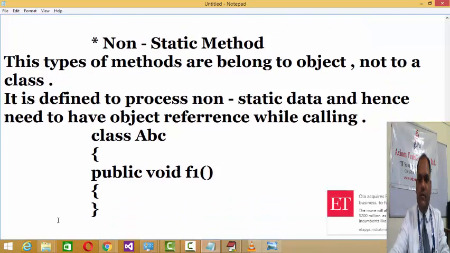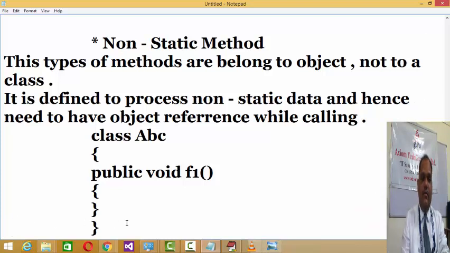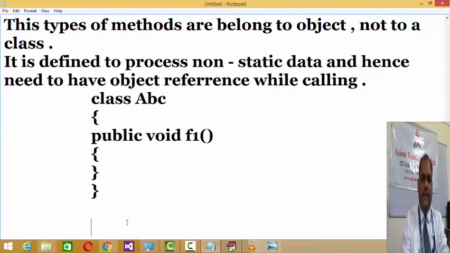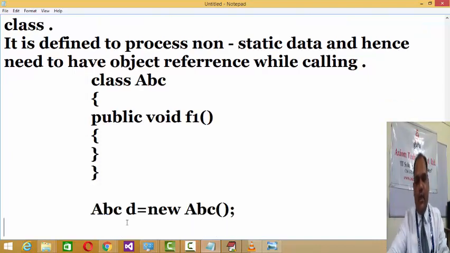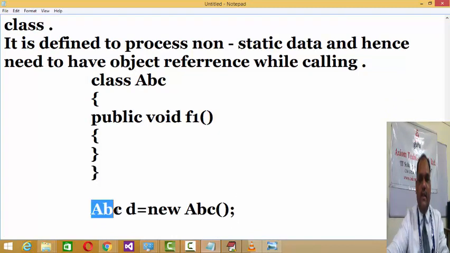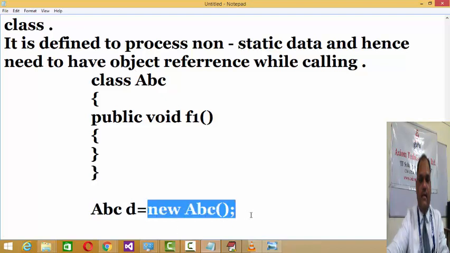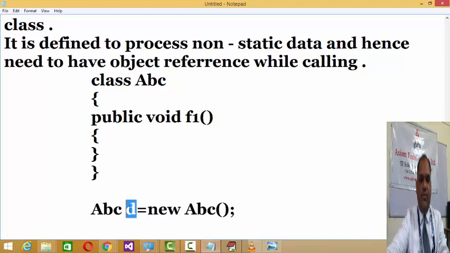Now if you want to call this method, then you need to create the object, ABC d = new ABC. Yesterday, in the last session, we discussed how we can create the instance, ABC d = new ABC. It gives a call to the constructor of the ABC class, and then the dynamic memory will be allocated to d. So d becomes an object or instance of class ABC.